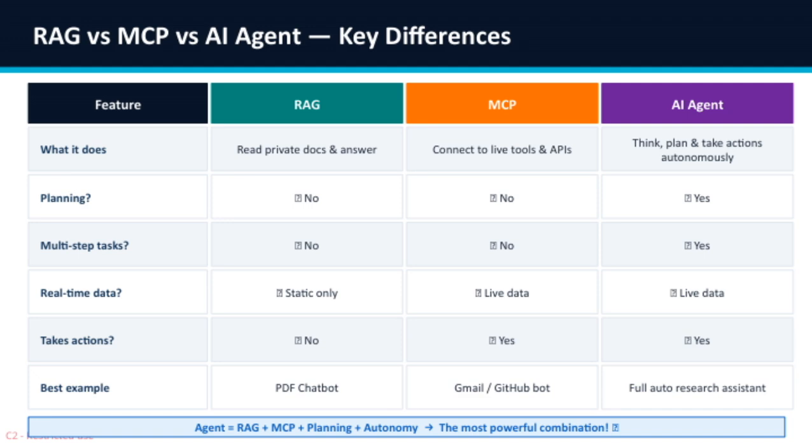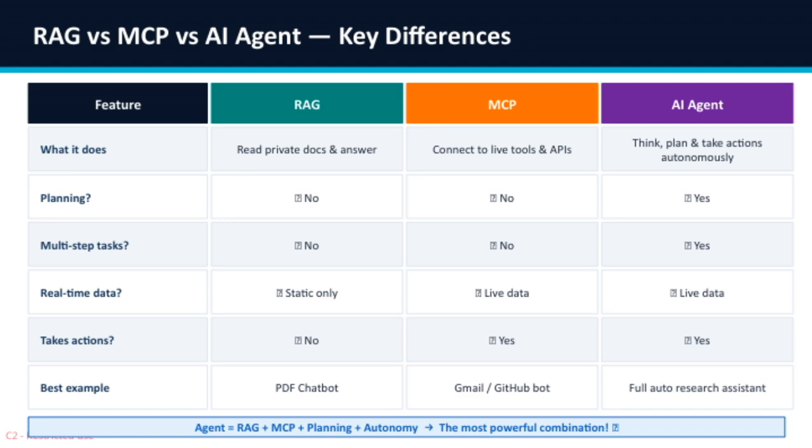With RAG, MCP, and AI agents, we see significant advantages. They can take actions based on live data, meaning they can interact with real-time information. Think of live updates, current data feeds, or ongoing tasks. They can handle multi-step tasks, which means they can plan, execute, and adapt as needed, all without constant human intervention. They also think, plan, and take actions autonomously, connecting to live tools and APIs, reading private documents, and providing real-time